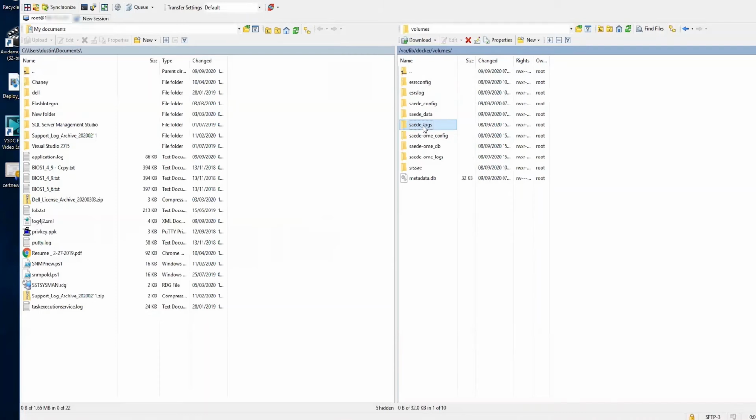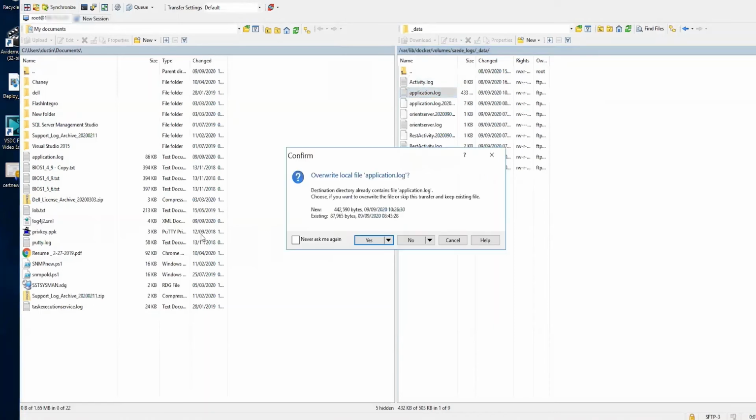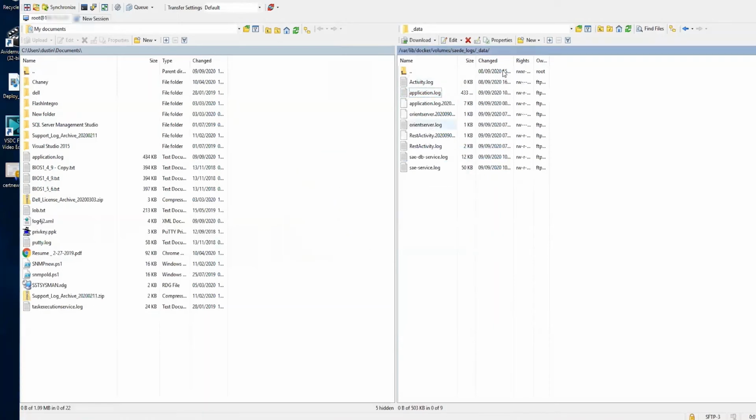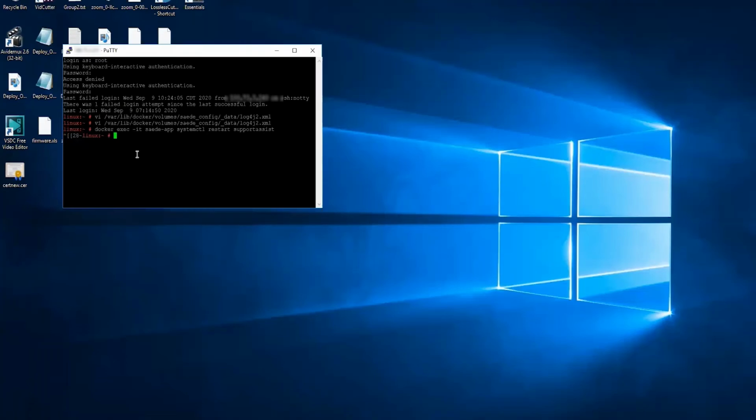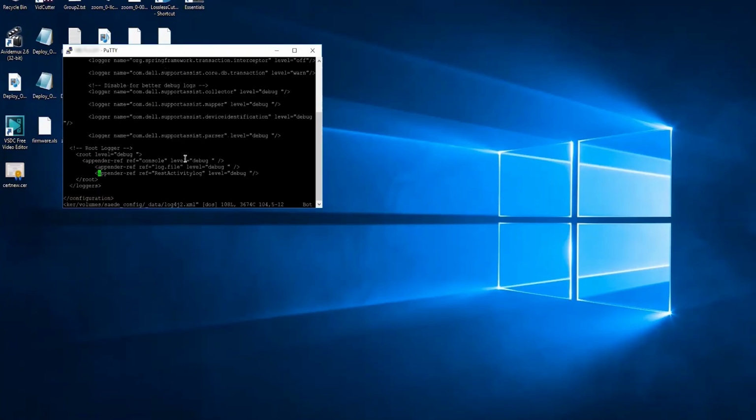So now that you have your logs copied over to your system and you're ready to review, it's now time to disable debug logging. So we're going to do that in a very similar way. We're going to use VI editor. Now that we're in here, we're going to do a similar technique. We're going to replace it the opposite way. So we want to do